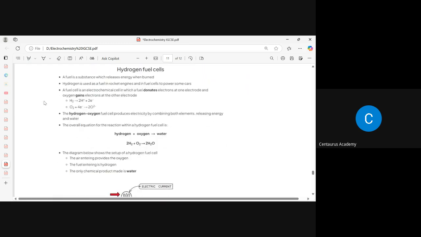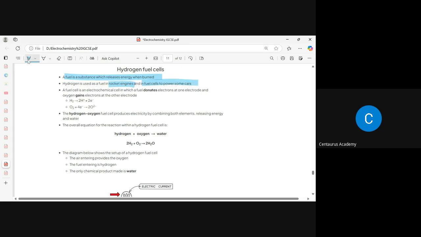Okay. Lastly, we're going to look into the hydrogen fuel cells. A fuel is basically a substance which is going to release energy whenever it is burnt. Whenever that substance is burned, it is going to release energy. This is referred to as fuel. So hydrogen is basically used as a fuel in rocket engines, and it is also used in fuel cells to